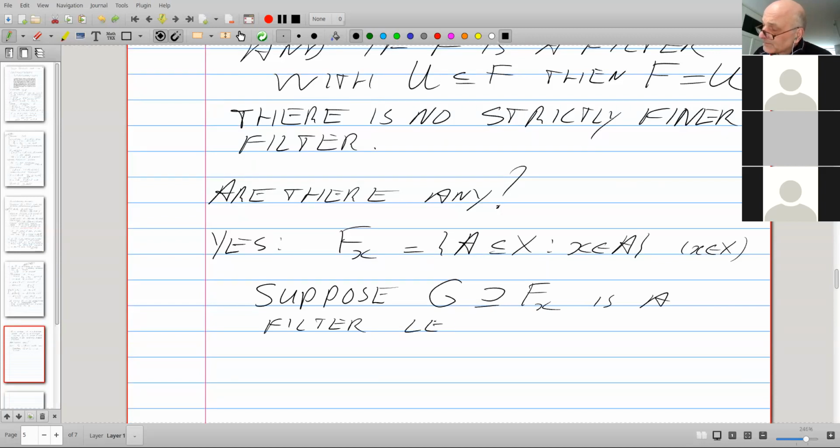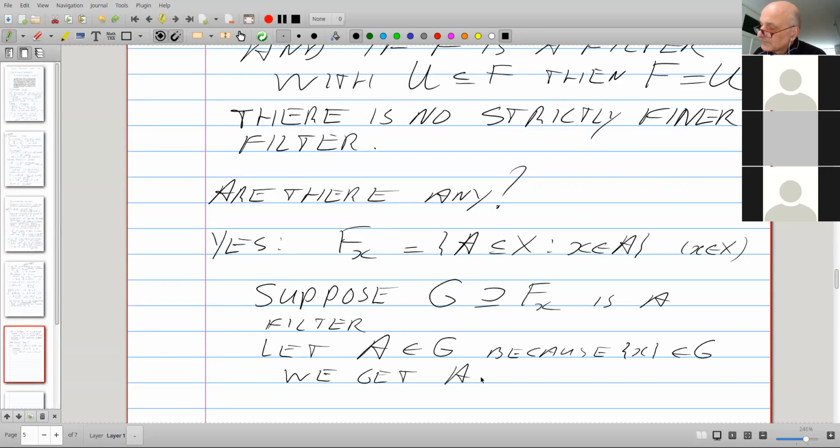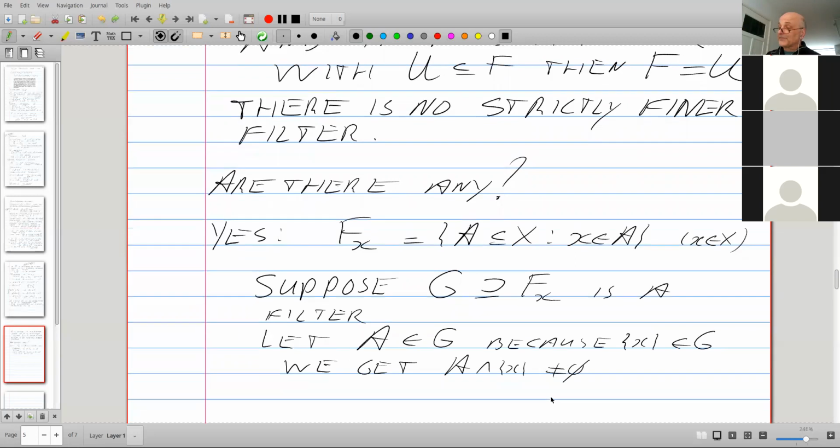Well, the singleton x belongs to G, it belongs to F of x.